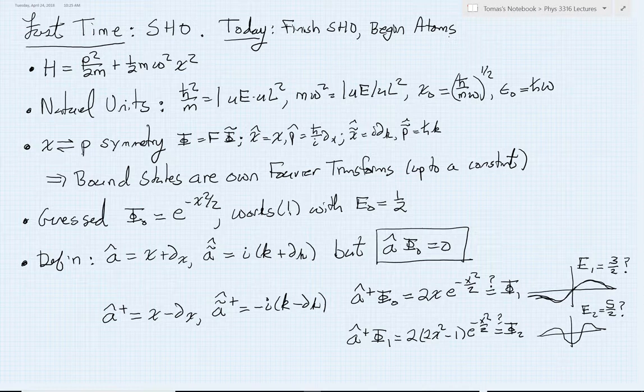Now, let's though first recap where we were with the harmonic oscillator so we can begin today's discussion. The harmonic oscillator, a very quick review of what we had gone through last time, has the following Hamiltonian, which was quadratic in both the momentum and the position. That inspired us to go to a system of natural units so we could better bring out this hidden underlying